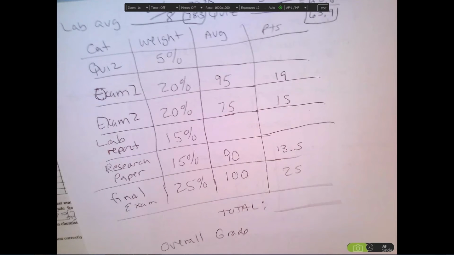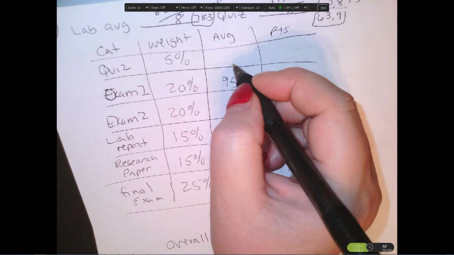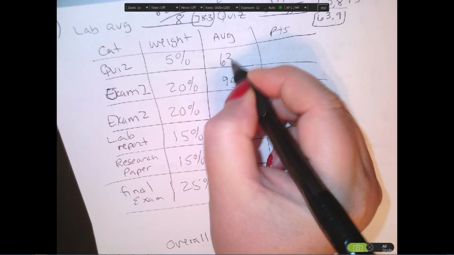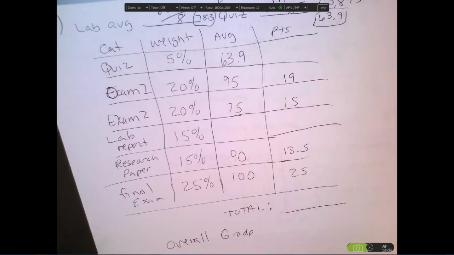Okay, so this was given, the weights were given. Remember, they have to add up to 100. We had the average for these three because it was one score. We had to find the average for these two categories by doing the mean, summing, and dividing by the number of data entries. I've got it just a little bit bigger over here. So it's the same chart, I just wrote it bigger. Okay, so my quiz average was 63.9. My lab average,